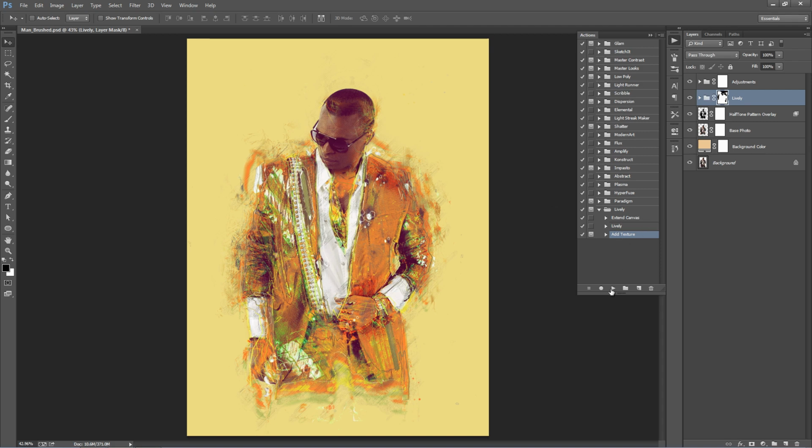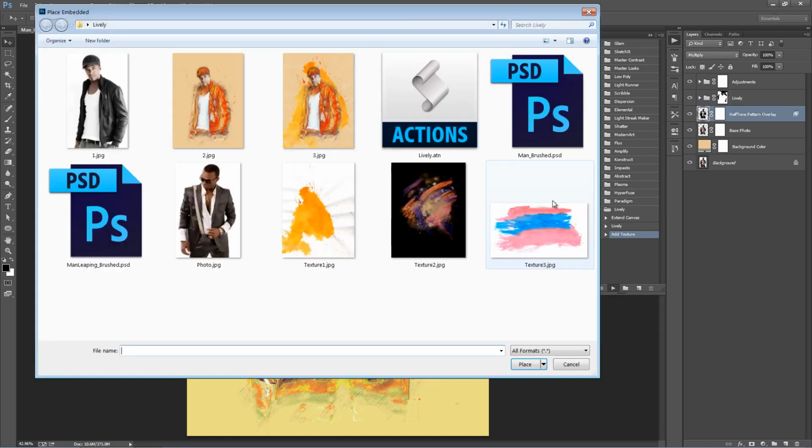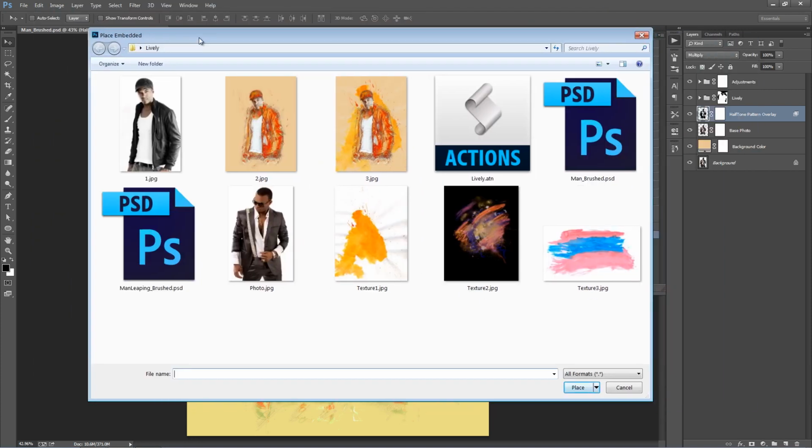All those designs, all the links I've got in the download, so check that out. Alright, so what I'll do is click on add texture, and a window will pop up asking where your texture is. So I've got a couple here, so I'm just going to open up texture 1, double click,